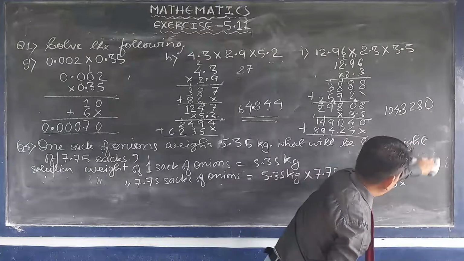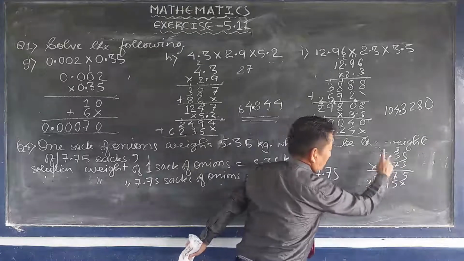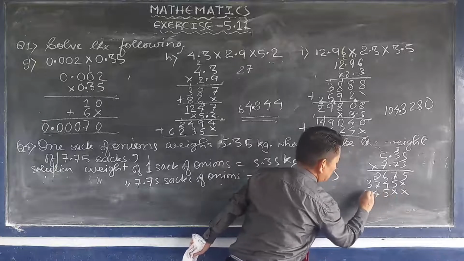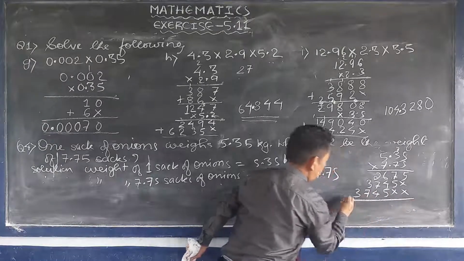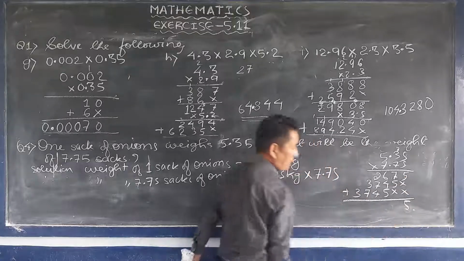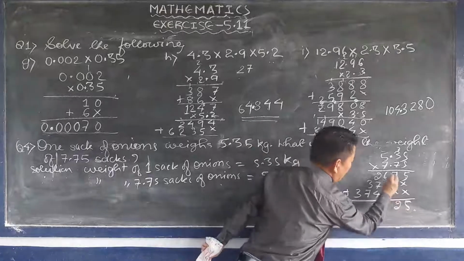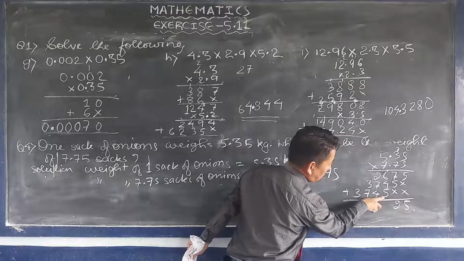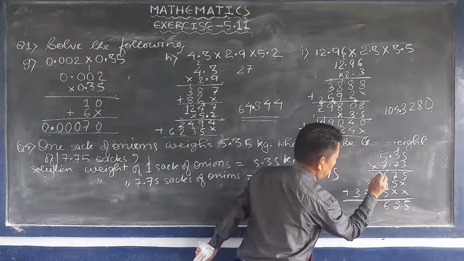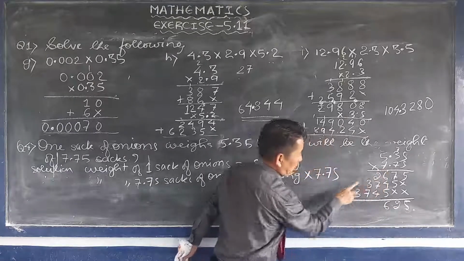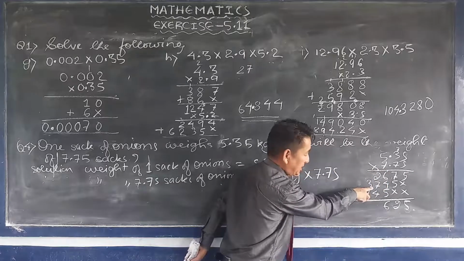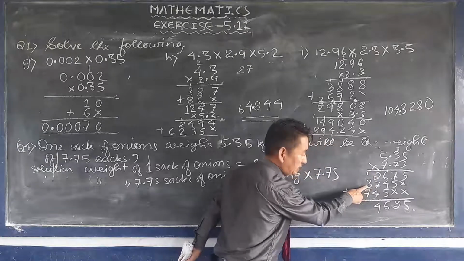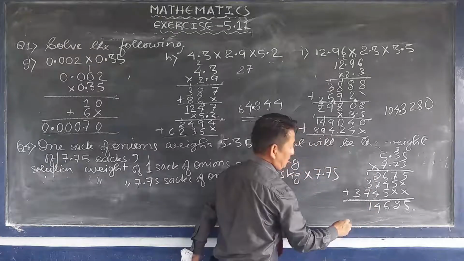Here again your same number is multiplied by the same number. So here 5 4 7 3. We'll add this number. 5 7 plus 5, 12. 2, 1 carry on here. 6 plus 4, 10. 10 plus 1, 11. 11 plus 5, 16. 1 carry on here. 2 plus 1, 3. 3 plus 7, 10. 10 plus 4, 14. 4, 1 carry on here. 7 plus 3, 10. 10 plus 1, 11. 1 here, 1 carry on.